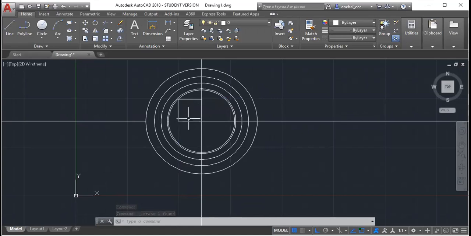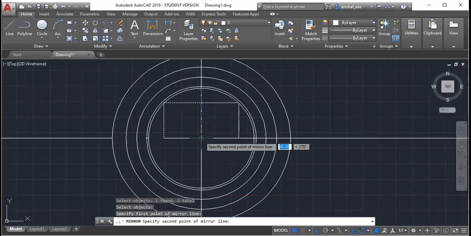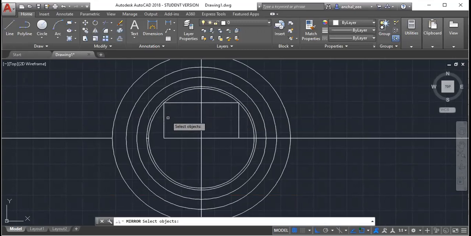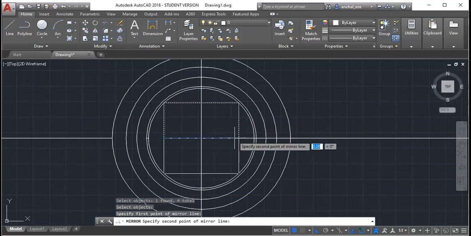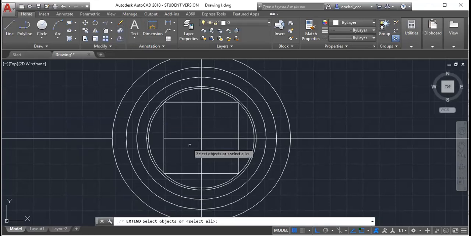What we are going to do now is use mirror here. Mirror, select the object, this one, right click and take this construction line as your mirror line. Enter. So you will get this. Again, do the mirror. Select the objects as this and this. Right click. So this is your mirror line. Enter. So you will get the core of the transformer. I hope it is okay for everybody. Are you done with it?